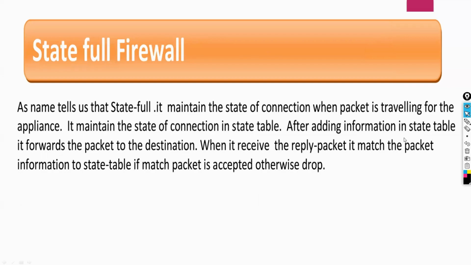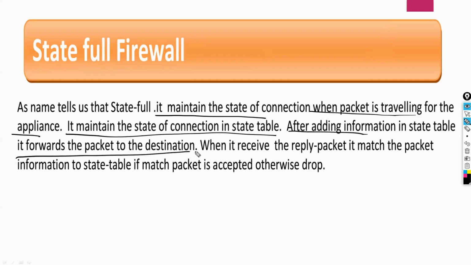Now, what is stateful firewall? I told you what is stateful. It maintains the state of connection when the packet is traveling through the appliance. It maintains the state of connection in the state table, or connection table. After adding information in the state table, it forwards the packet to the destination. And when it receives the reply packet, it matches the packet information to the state table. If it is matched, then the packet is accepted. Otherwise,